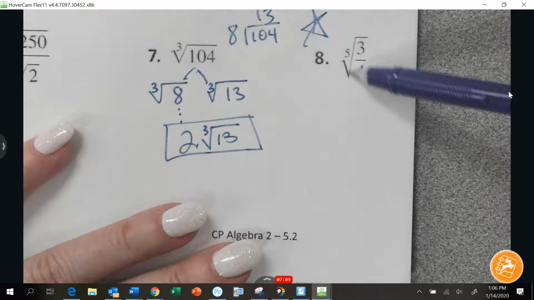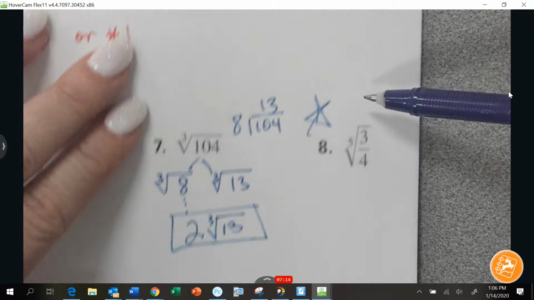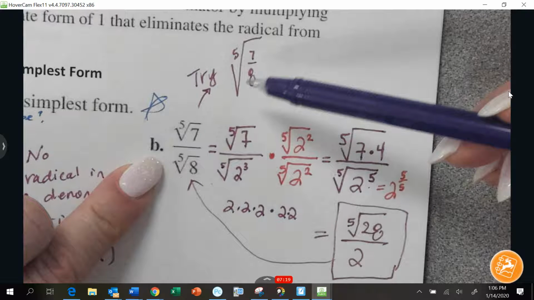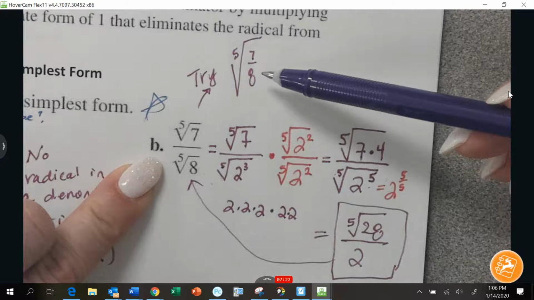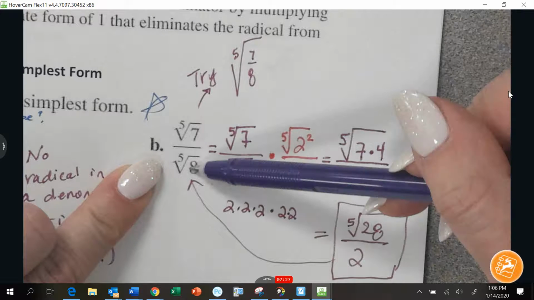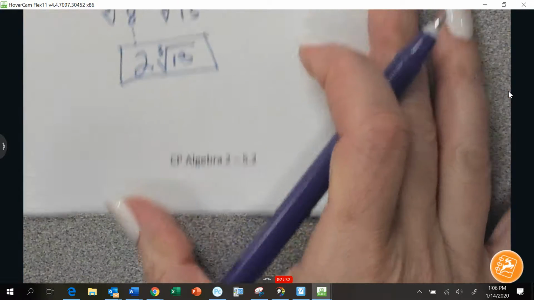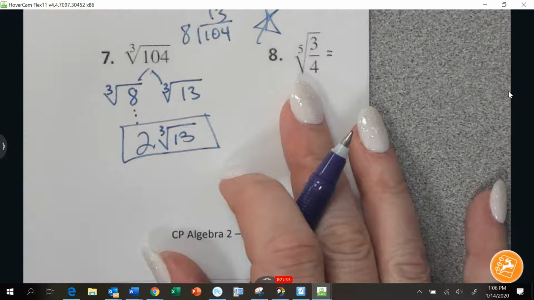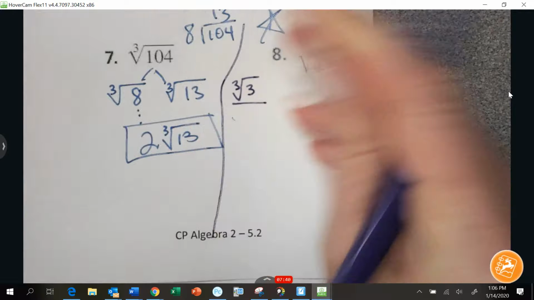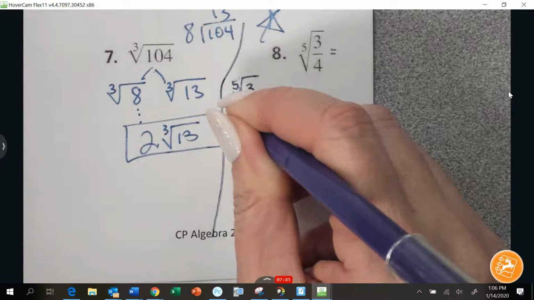This one starts as a huge, big radical, the 5th root of 3/4. Remember when we were just looking at this example I did, I said, ooh, I could combine it and make 7/8, but that didn't do anything for me. So I'm actually not going to leave it as 3/4. I'm going to separate the 4 into a special 5th power. So my first step is the 5th root of 3 over the root of,